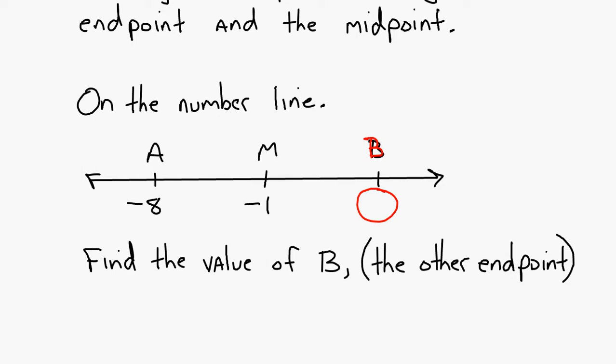A is an endpoint of a segment, and B is the other endpoint of a segment. M is the midpoint, or the middle of the segment, okay? If you know the end and you know the middle, you can find the other end. All right? Because look, if M is the middle,